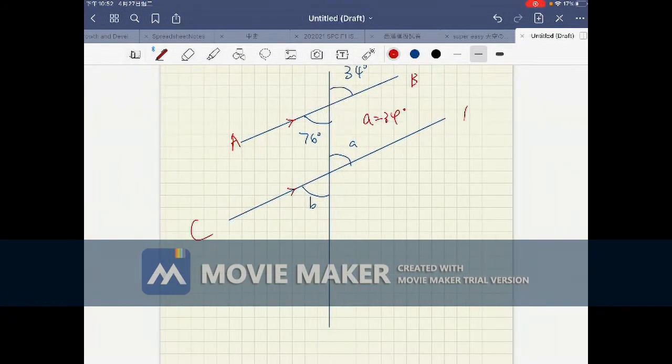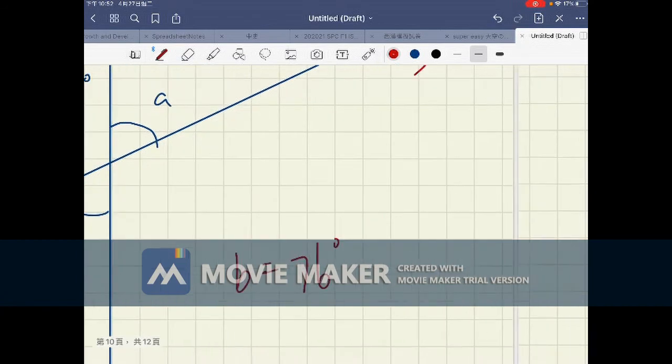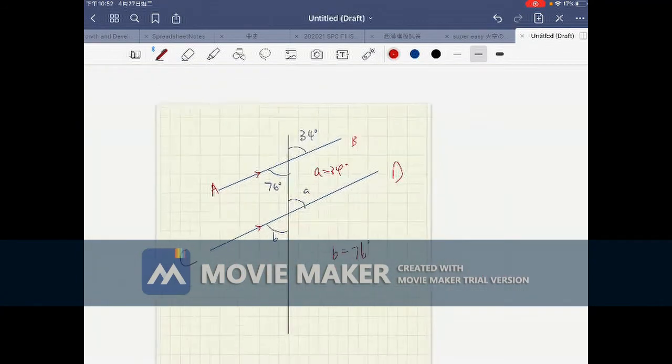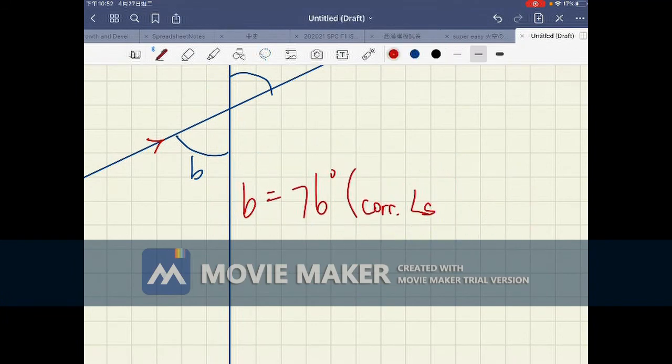How about B? We can write it out again. B equals 76 degrees. So how should we explain angles? And then again, prove that with parallel lines. AB is parallel to CD. Therefore,